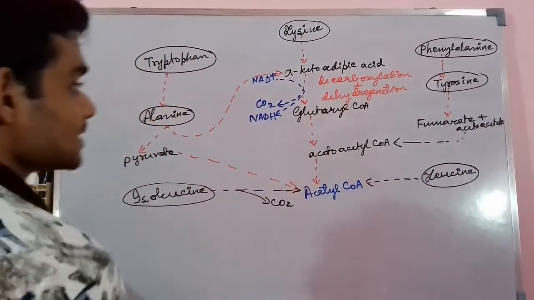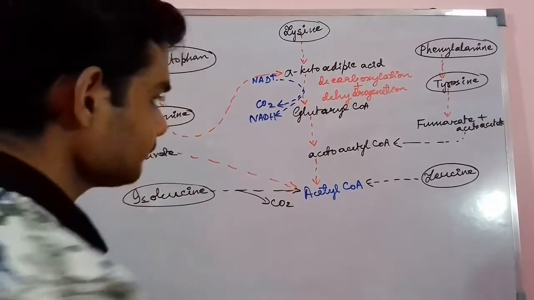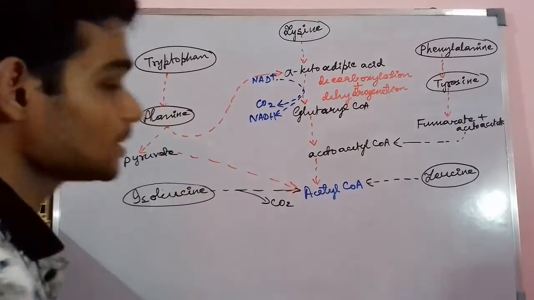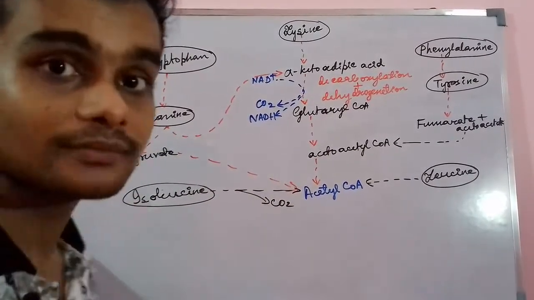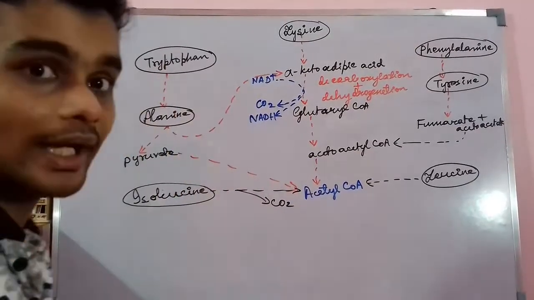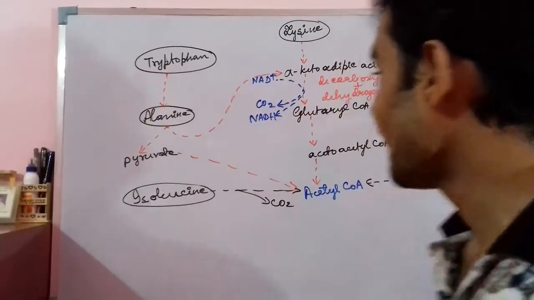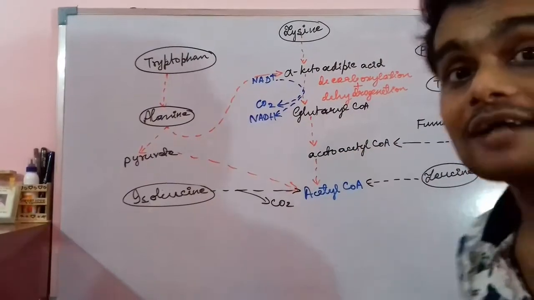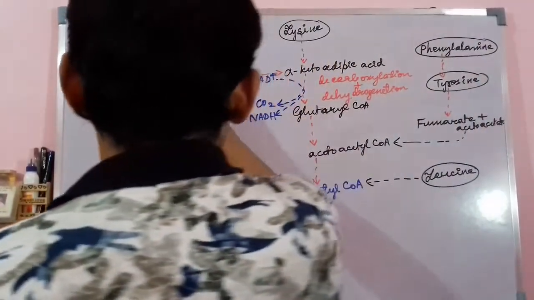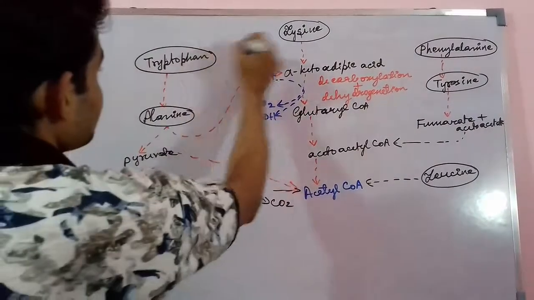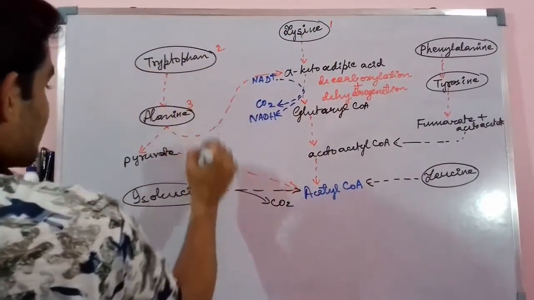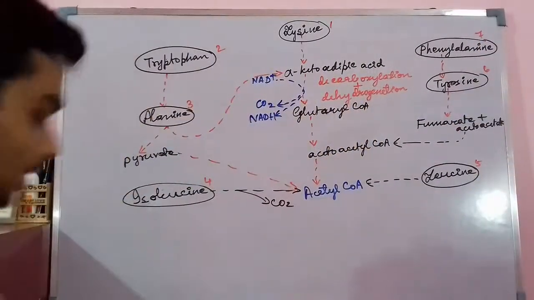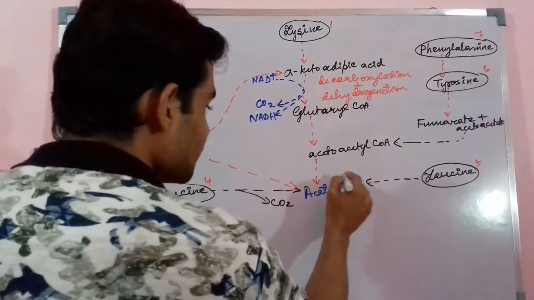Now this acetoacetyl-CoA gets converted to acetyl-CoA, and leucine also through successive steps ultimately forms acetyl-CoA. Isoleucine through decarboxylation and successive steps forms acetyl-CoA, and tryptophan gets converted to alanine through different steps. Alanine gives rise to pyruvate, and another molecule is alpha ketoadipic acid, which again goes down through this process and forms the acetyl-CoA molecule. So you see these different amino acids, 1, 2, 3, 4, 5, 6, 7. These 7 different amino acids are ultimately converted to what?